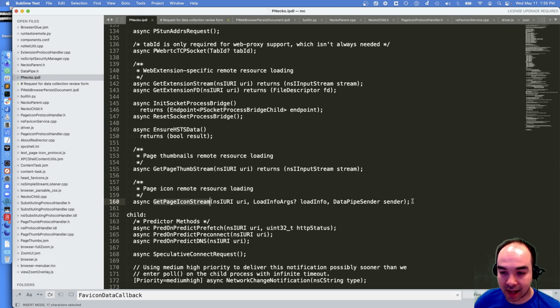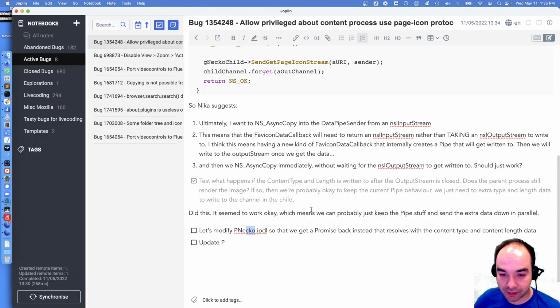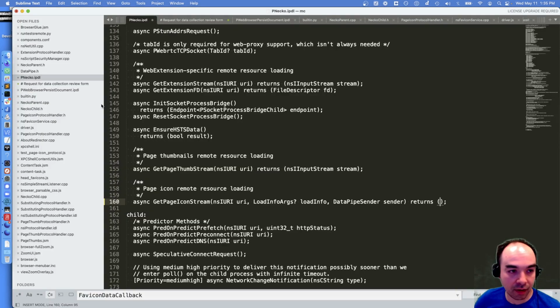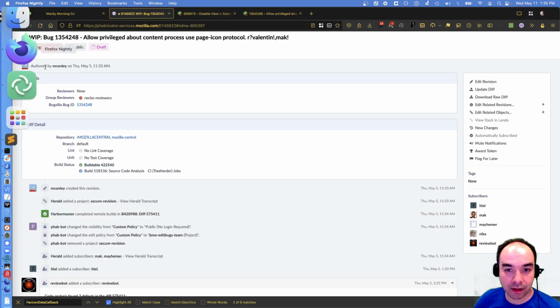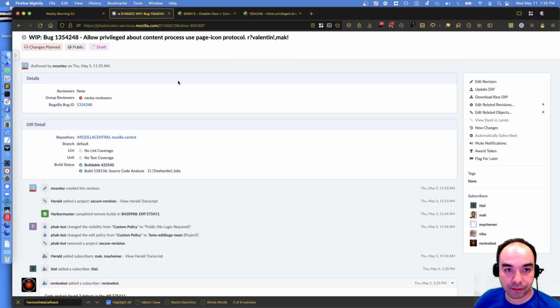what we need to do is tell it that it returns. We're going to get back certain information. Returns not just a stream. We're returning a... what were the two pieces of information? The content type and the length. And both of those, I think it makes sense for those to be... What does it make sense for those to be?